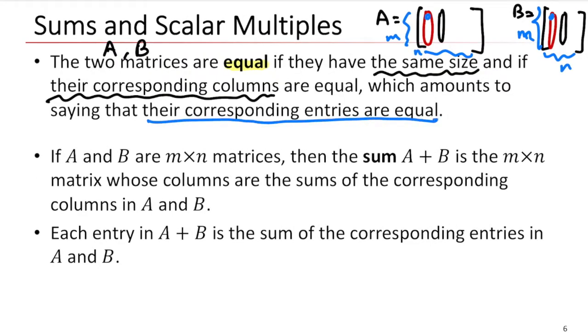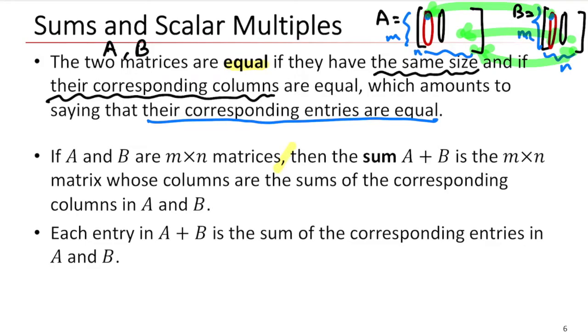Here. So in other words, the two matrices are equal when each entry is the same. Here and here, here and here, here and here, like this, right? This is very intuitive, right? Then if two matrices A and B are n by n matrices,